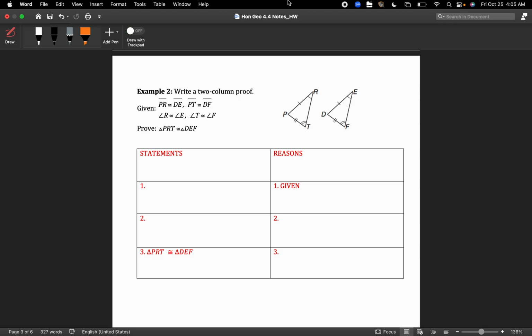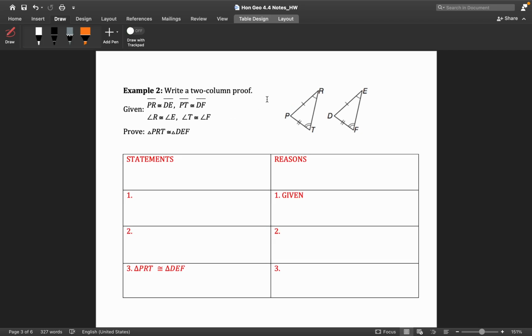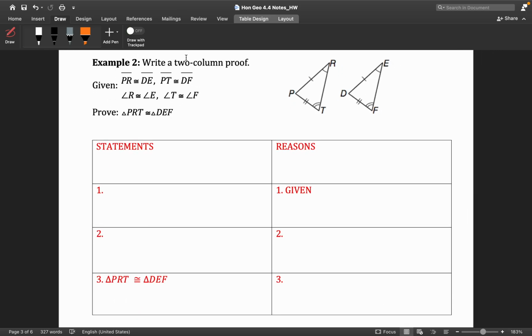Back to our side angle side notes video. Here we're going to look at proofs. We're going to try to prove side angle side. We've got to remember all of those congruence tricks that we learned in 4.1 to 4.3. You know, our vertical angles, our third angles theorem, our reflexive property, our alternate interior angles might come up later